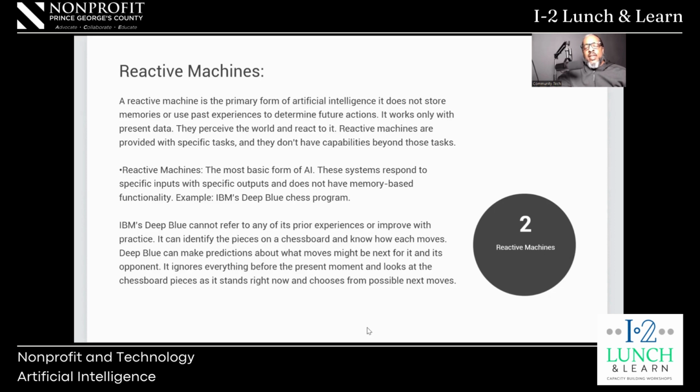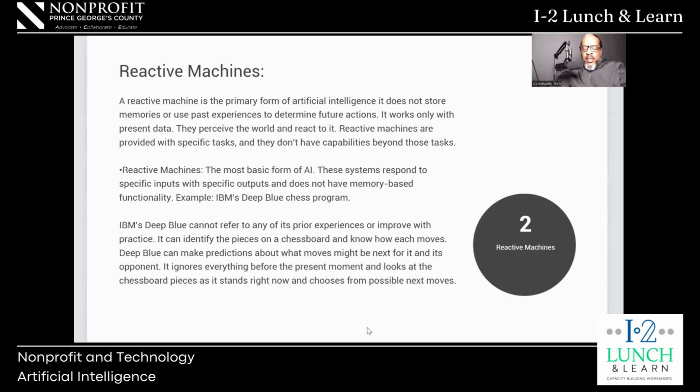These are all the things that organizations are using or can use to implement reactive machine AI into their organization, if that's the space that you need. So we talked about reactive machines, and now we're going to go over to limited memory. Limited memory is a little bit more robust. It's a little bit more of what people are using on a day-to-day basis right now, and it's taking reactive